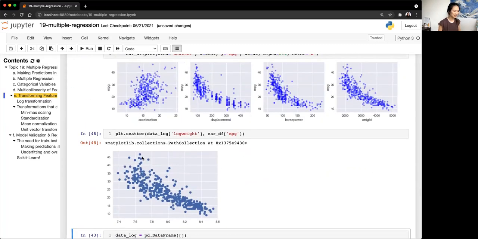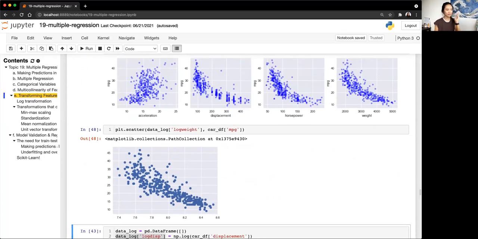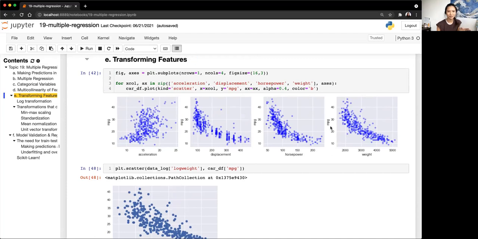And log weight, you can see, is a little bit more linear than it was before, even though it was already pretty linear. So log transformation is something that you can do to your data to help achieve linearity. Now, when you're doing a log transform, let's just say that between all of your variables, you have this shape over here. You can either decide to log transform just each of the X variables individually, but if you want to be a little bit more efficient,